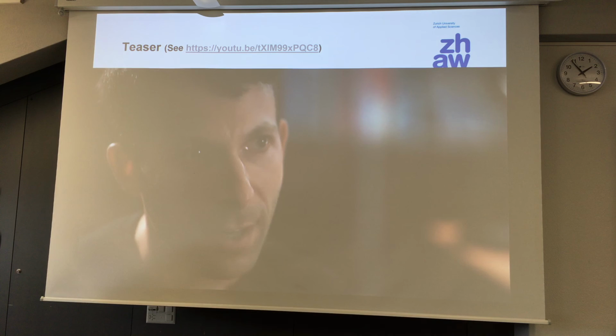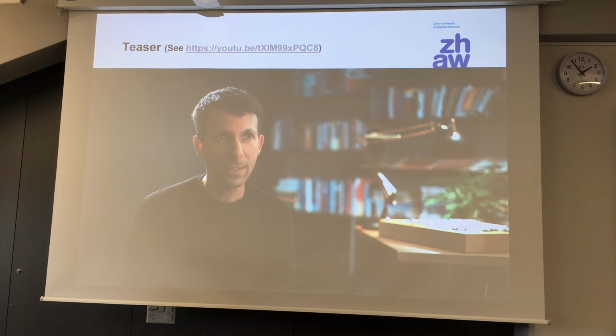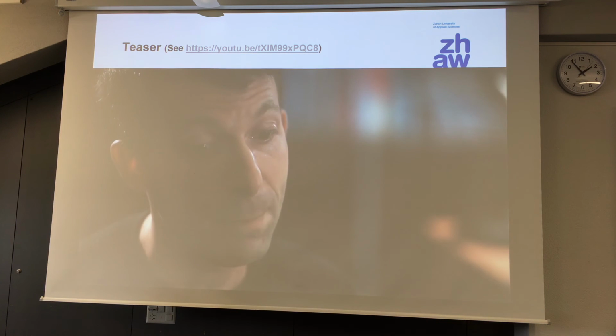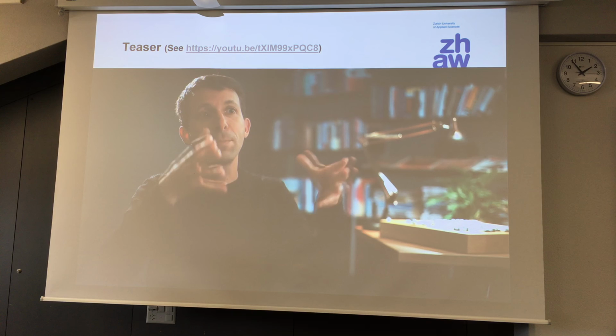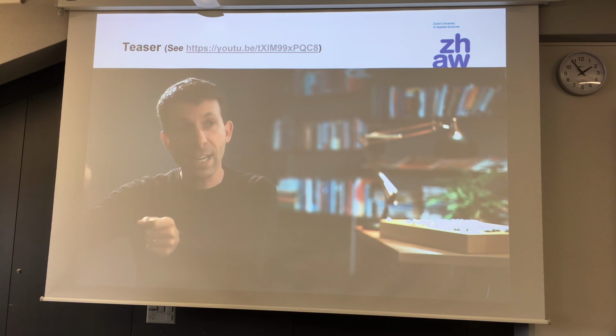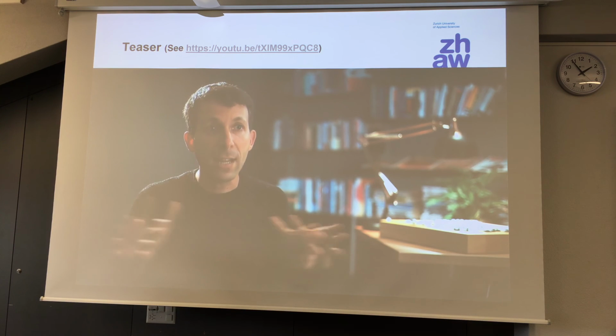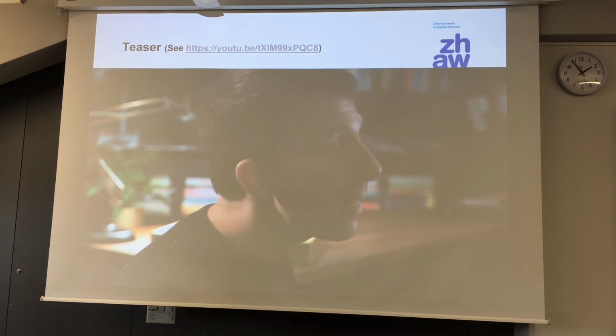AlphaGo Zero is the strongest Go program in the world. It outperformed all previous versions of AlphaGo. Specifically, it defeated the version of AlphaGo that won against the world champion Lee Sedol, and it beat that version of AlphaGo by 100 games to 0. So all previous versions of AlphaGo started by training from human data, and they were told, well, in this position, the human expert played this particular move, and in this other position, the human expert played here. AlphaGo Zero doesn't use any human data whatsoever. Instead, what it has to do is learn for itself completely from self-play.